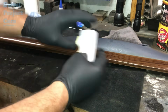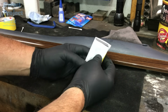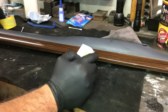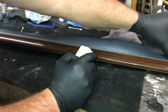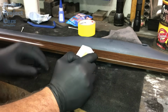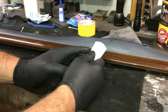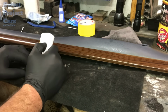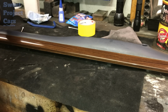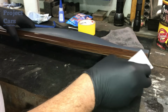Now when you take your ceramic coating, put your microfiber that comes with it at the very end of your pad. Now I'm not going to tape this off, but if you're worried about getting it on here, you can tape this, put the tape in there and run it down there. I'm not going to do that because I've done this so many times. I'm fairly accurate, not real accurate, but I think I can keep it on the wood grain itself. So let's put a bunch of it on, and you're going to treat this just like you would the paint in your car. We'll start right on the end